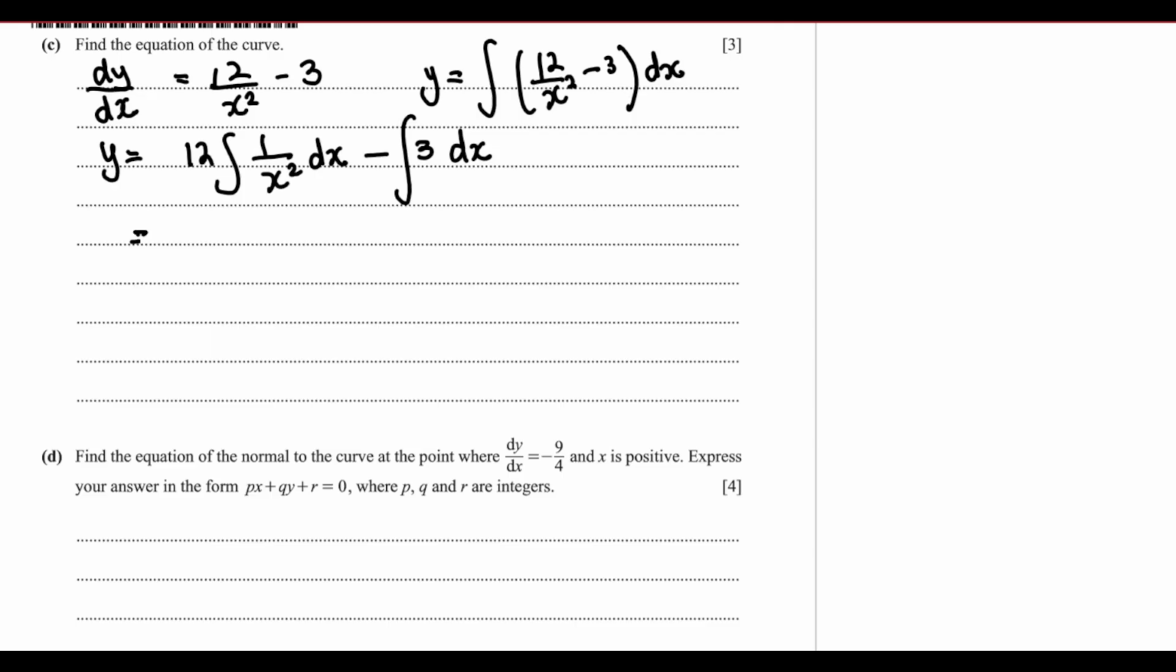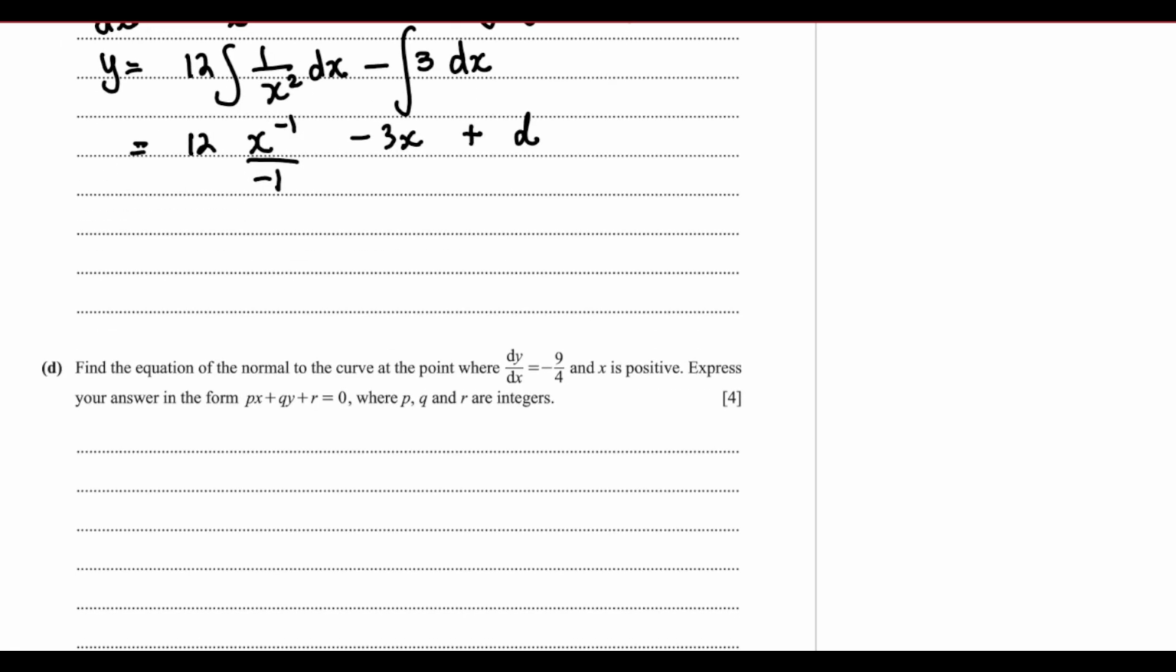Okay. We'll end up having 12 times x to the negative 1 over negative 1, minus 3x plus, let's call this d. Okay, so this is negative 12, but we need to find that d. How can we do that? Well,